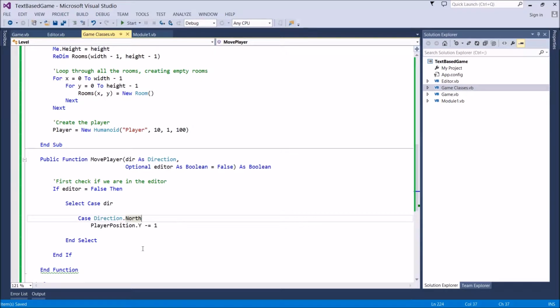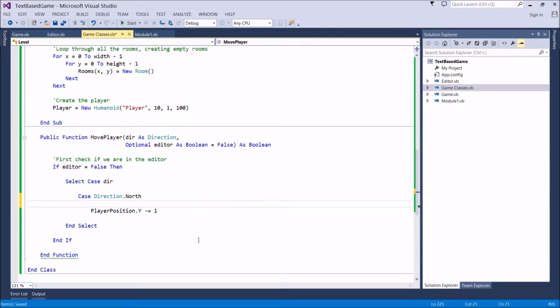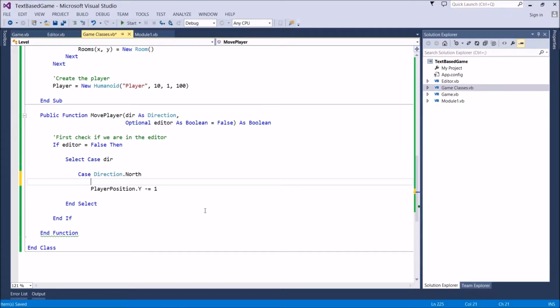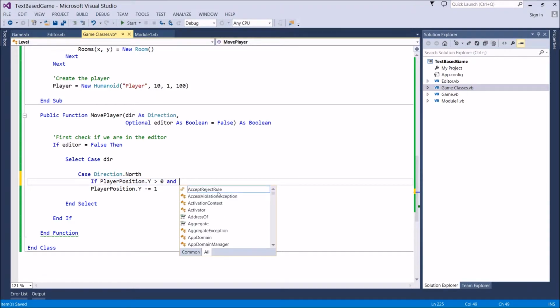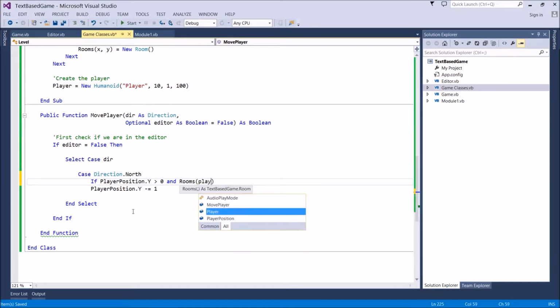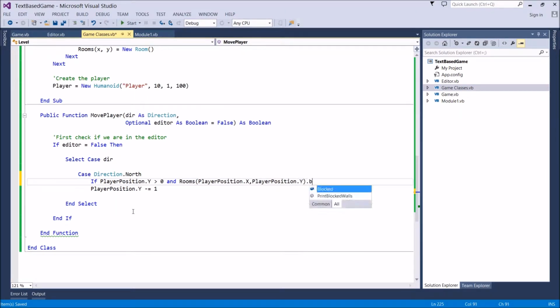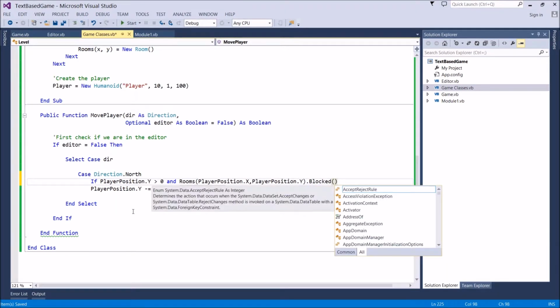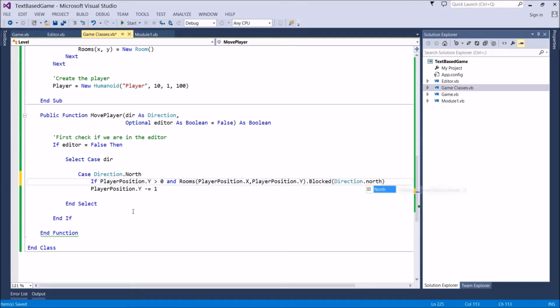Here's the tricky part, because A, we can't go below 0, and B, we need to check if the north wall is blocked. So unfortunately, each one of these is going to have a big if statement around it, and I must apologize for that. So let's do this now. If player position.y is greater than 0, that's going to stop us going into the negative values, and room, sorry. Now, what room are we in? We're currently in player position X, player position Y, .blocked, and in brackets we put direction north, equals